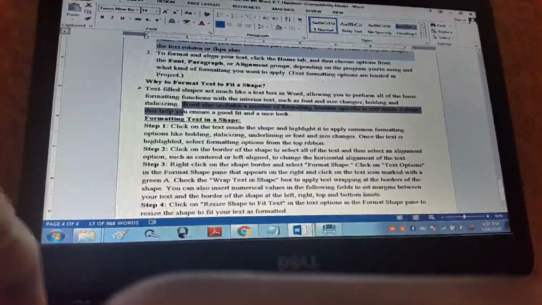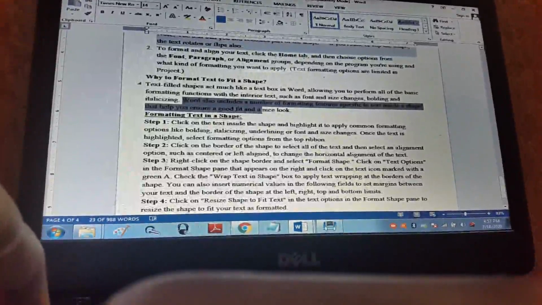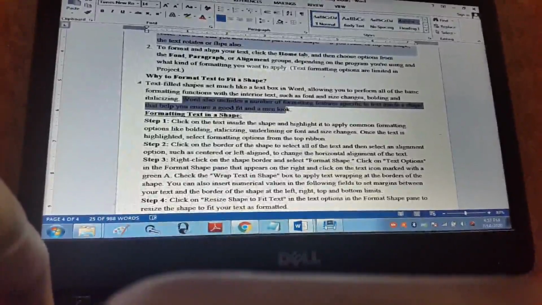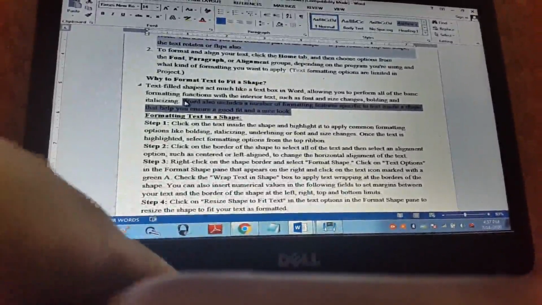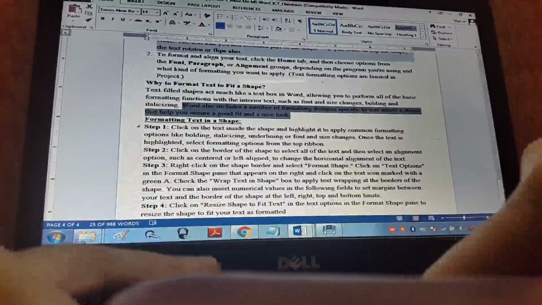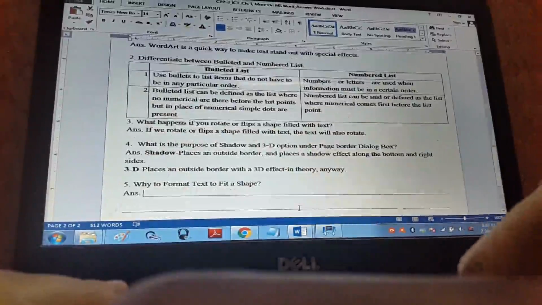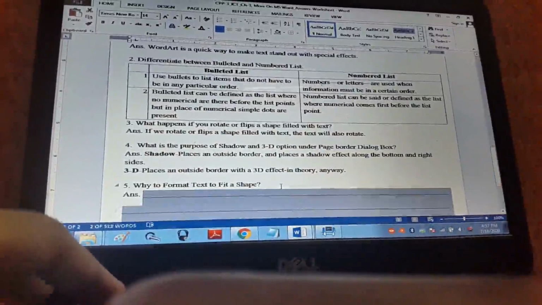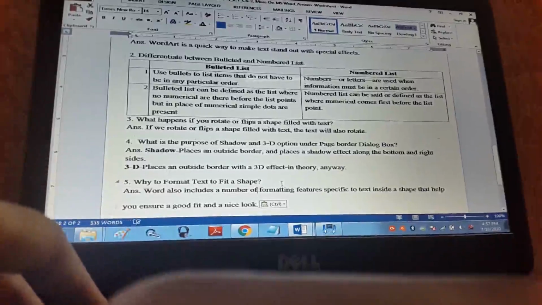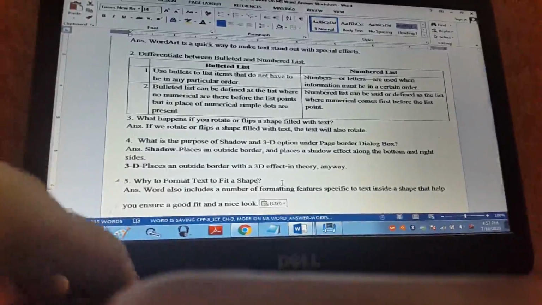Word also includes a number of formatting features specific to text inside a shape that help you ensure a good fit and a nice look. Why do we do this? To make the text look nice.